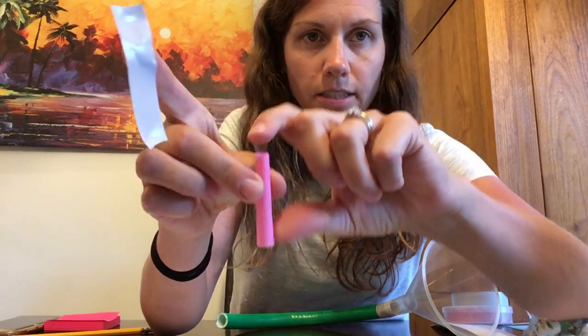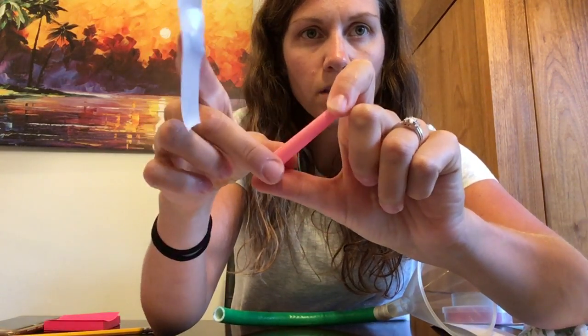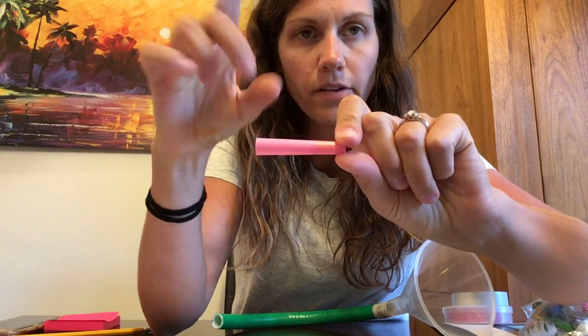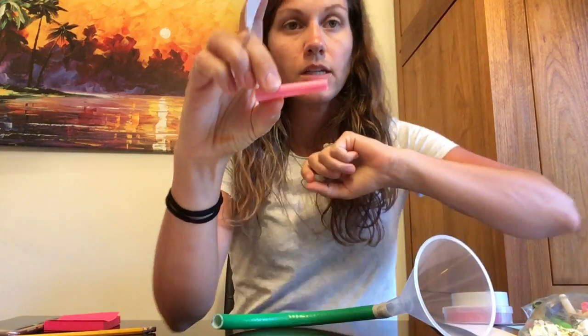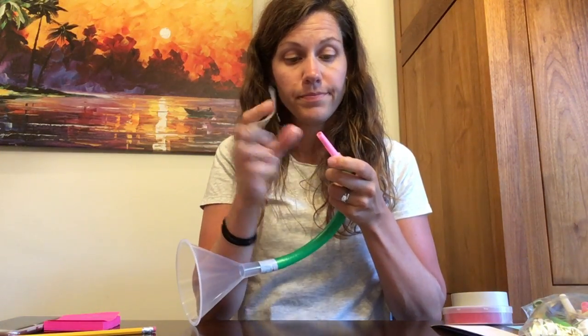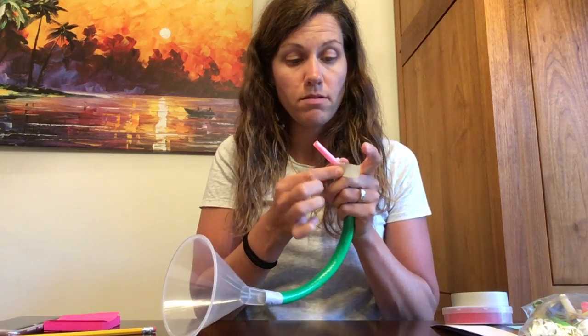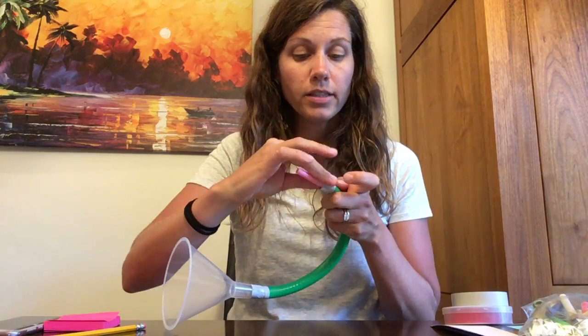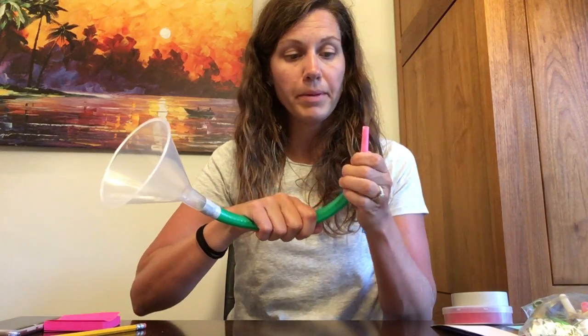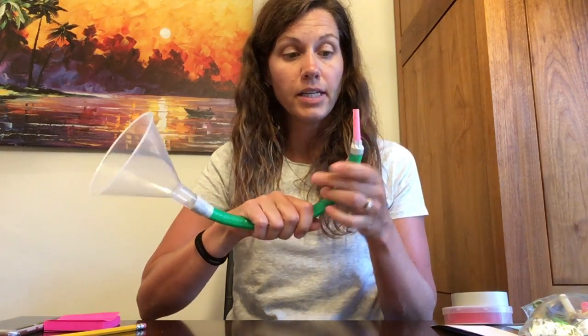Let's see if we can see this. Okay, it is bigger on one end than it is on the other end. Can you see that? Really important. The bigger end needs to go into the hose, and then you're going to tape it on. That was pretty easy for me to do by myself. And then I would take more tape and wrap it around, but that just at least let me hold it. I'm gonna do this quietly. Okay, that was me blowing really, really quietly, so it does work. So once these are done,